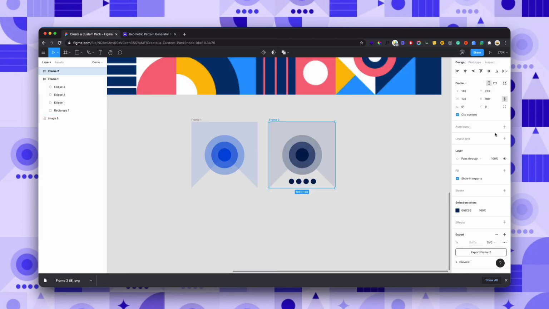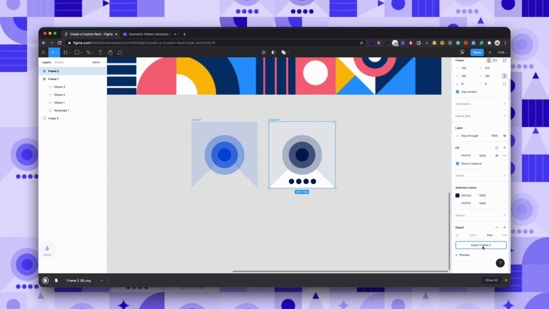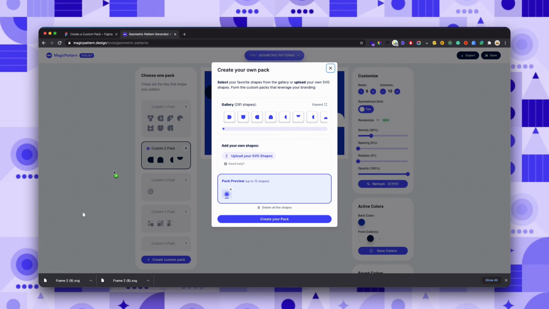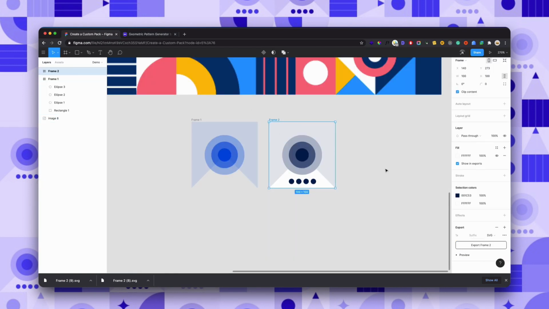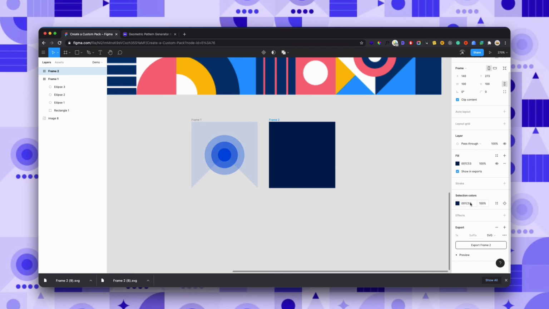I'm gonna add a background here because I want to demonstrate a faulty example of SVG import. We're gonna drag and drop the new SVG shape. As you can see, it is shown as a simple rectangle. This happens because we have a background and it's rendered like it's the same color. So if you toggle its opacity, we are gonna still